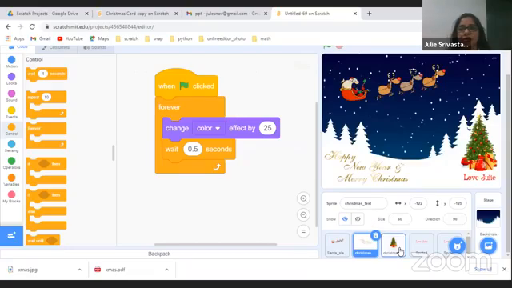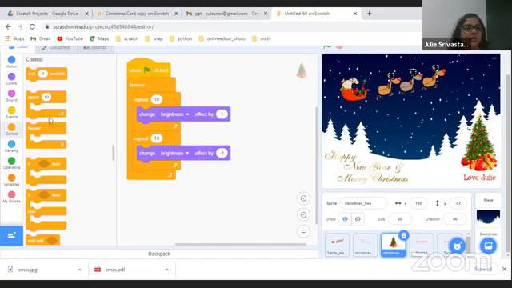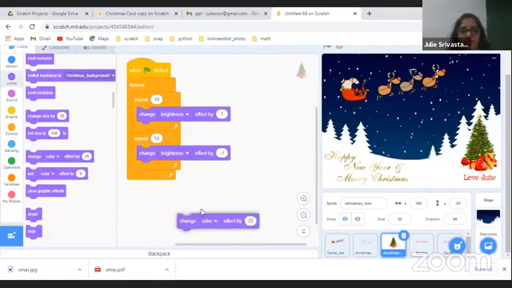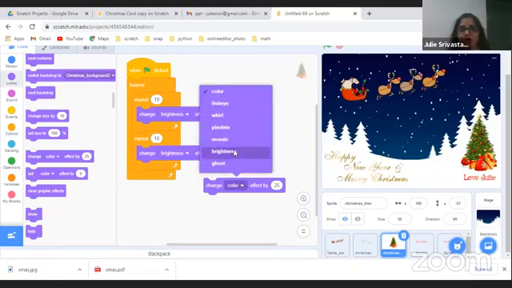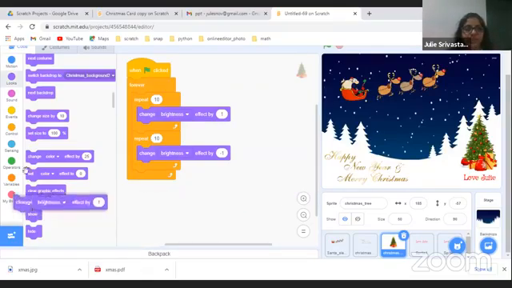All right, so now we go to the Christmas tree. In the Christmas tree, we are basically going to take the repeat block 2 times, the repeat 10 times, 2 times. We go to the looks block. We are going to take the change color effect 2 times. From the change color effect drop down, we are going to take the brightness. And we are going to change the value from 25 to 1 for the first option, and for the second option, we change it to -1.